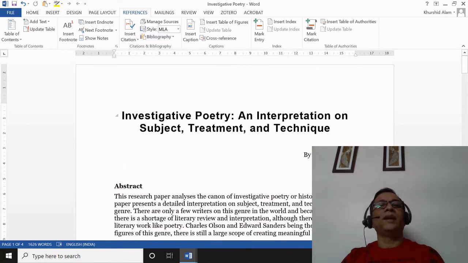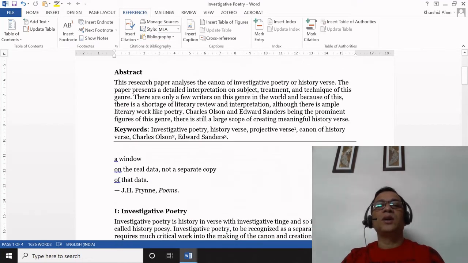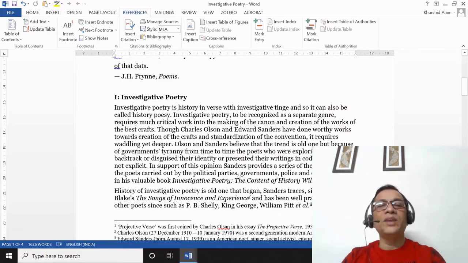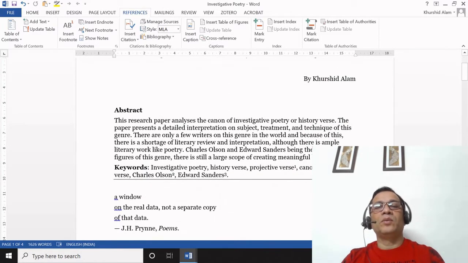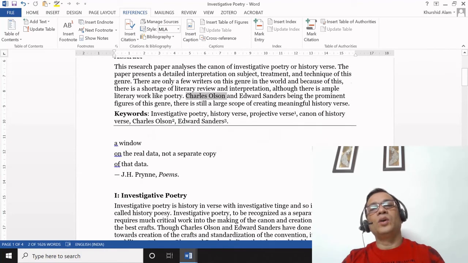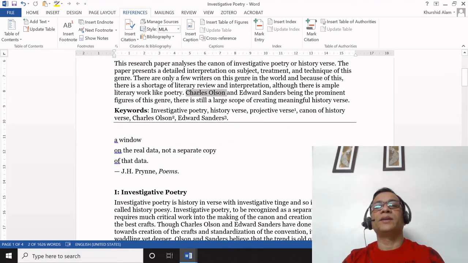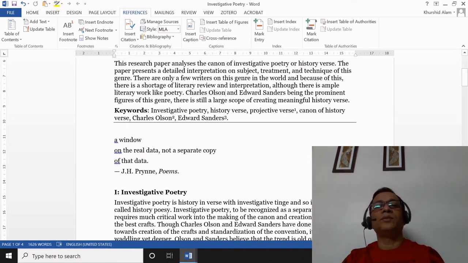In-text citation is a reference that you mention between your text. I will show you one example. For example, I am mentioning here Charles Olson and Edward Sanders. And if I want to provide some in-text citation here, I will have to add in-text citation.